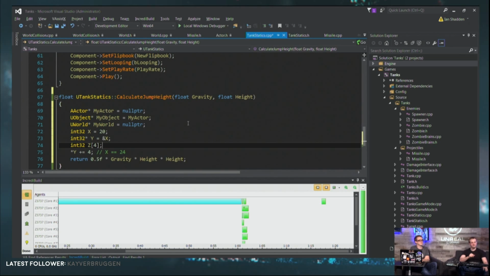In that case, if you use y plus equals the size of an int32, that's how many bytes an int32 takes up. That would let you, if you set y equal to the address of z and incremented y like that, walk through the different spots in the z array.